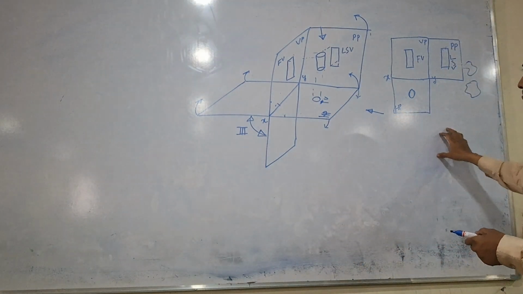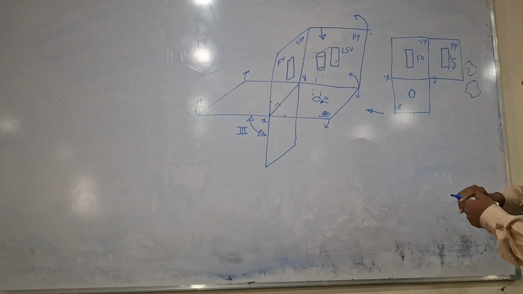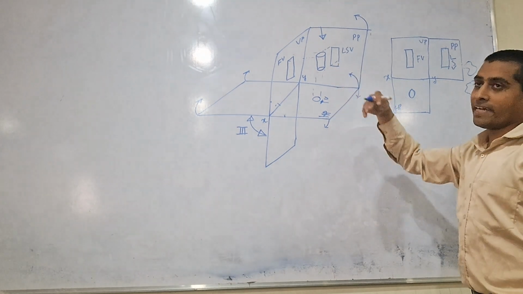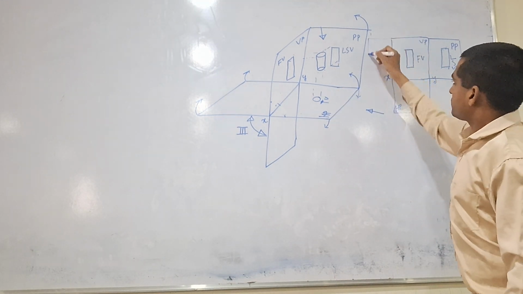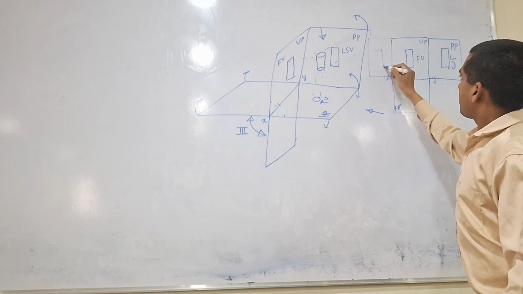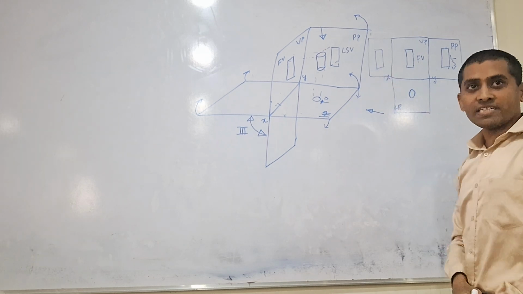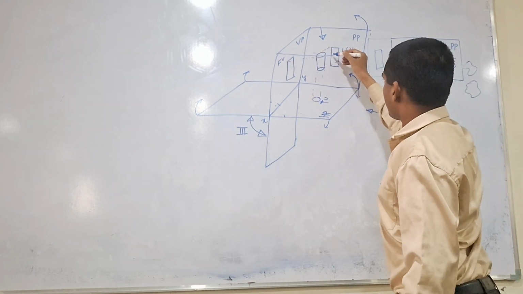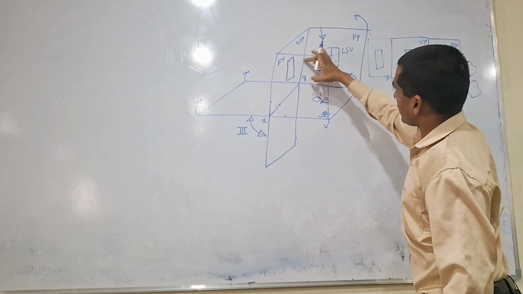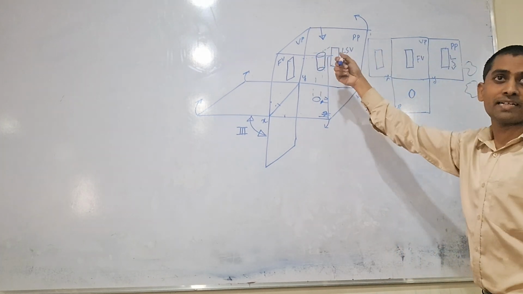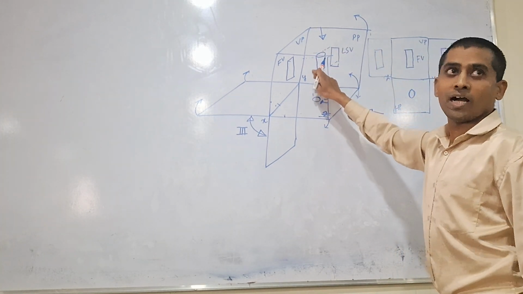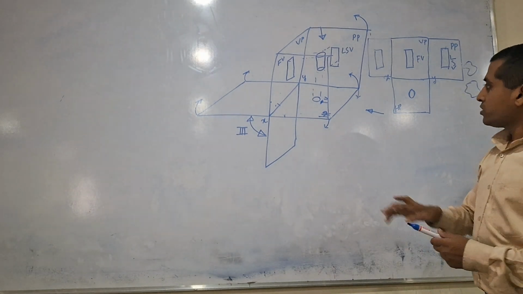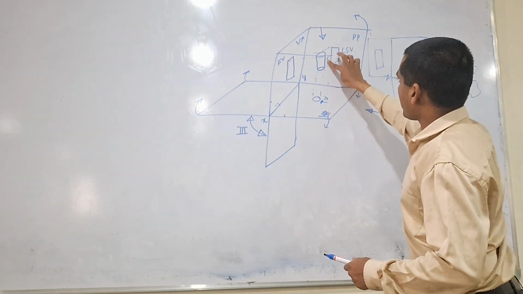So now see here. Similarly, if you want to see the right hand side view, it will come this side. This is the right hand side view of the object. Now here the PP plane will be here, and you are observing this object. Is it clear? It will be projected here. Understood now? Right.